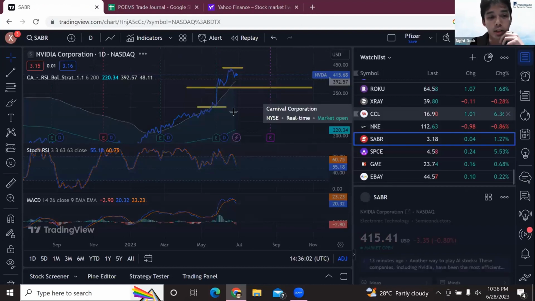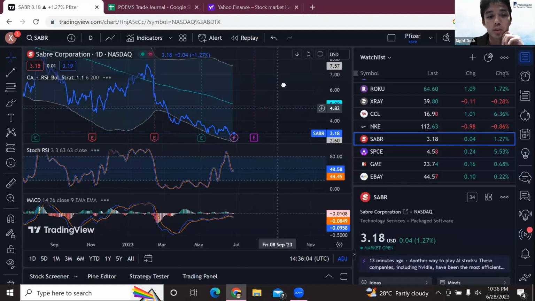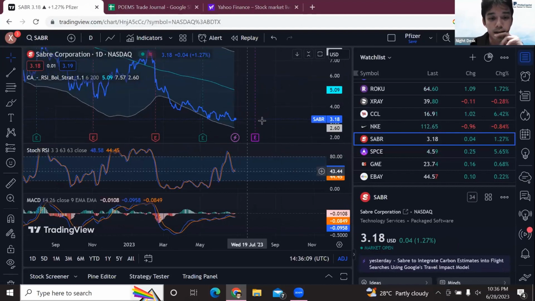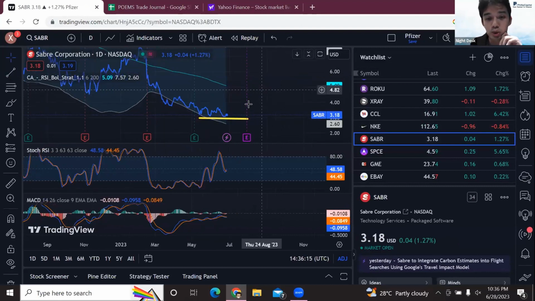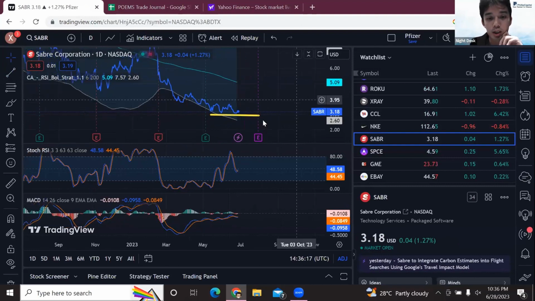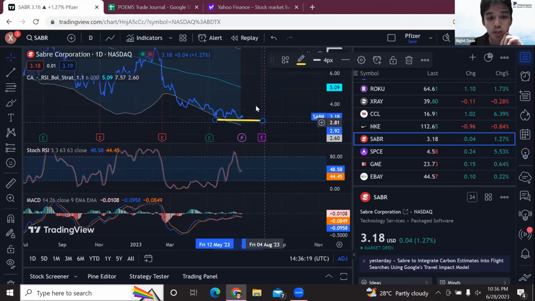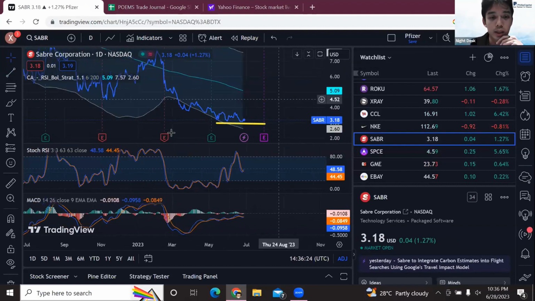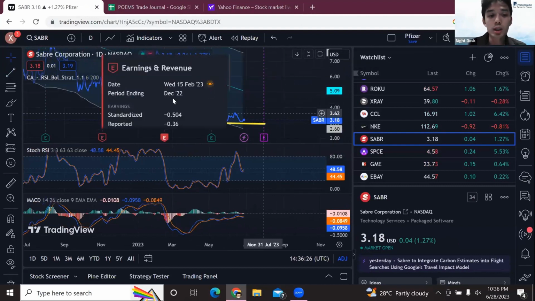And I think someone asked about SABR, right? Sabre Corporation, in the Q&A. So this is something quite low. This is the support level right here. We see that it's about $3 USD. I think $3 will be a good price to go in, but currently the TA itself is still not so bad. So for myself, I also look in the fundamentals.